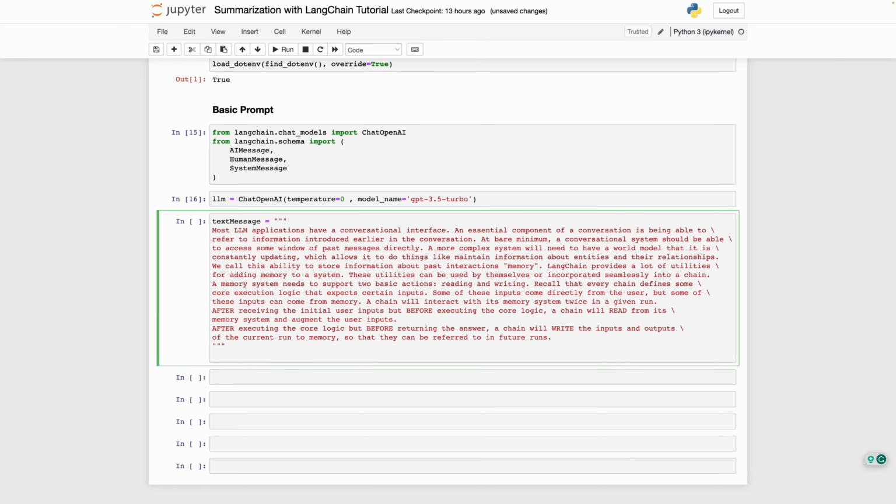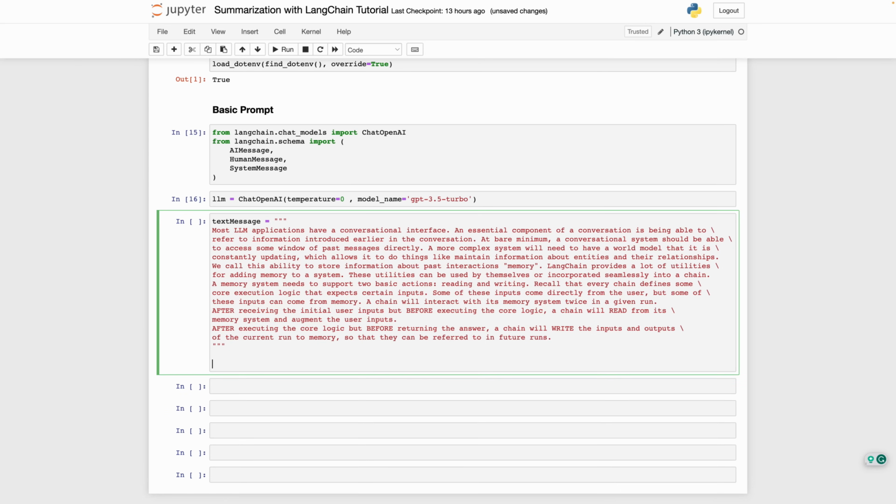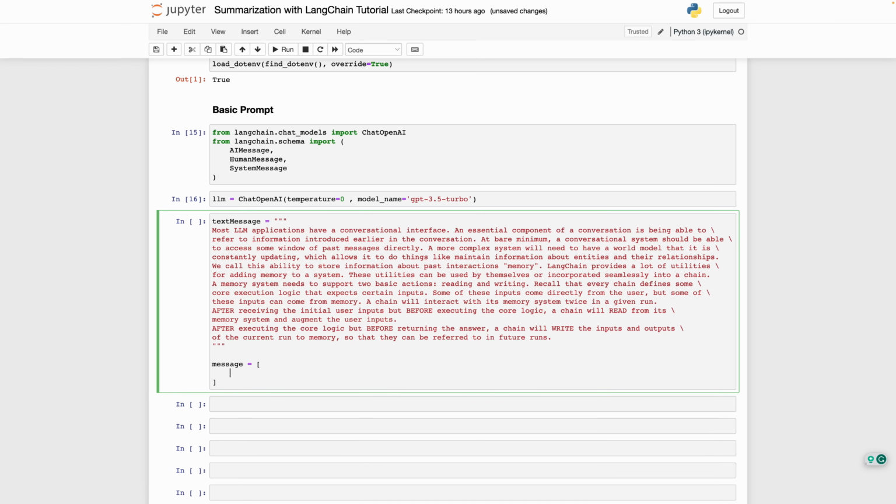Here we are going to use triple quotes, which are called docstring, because it will allow us to enter a multi-line string. This is useful for entering text that is longer than one line. Again, here the text I'm using is for the definition of LLM application as an example. Next step is to define a list of two messages. The first message is a system message